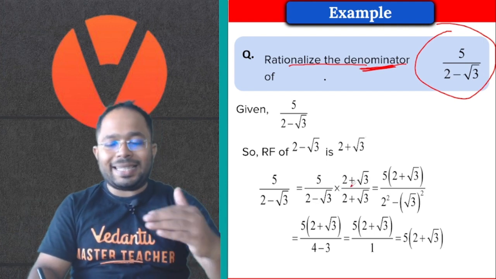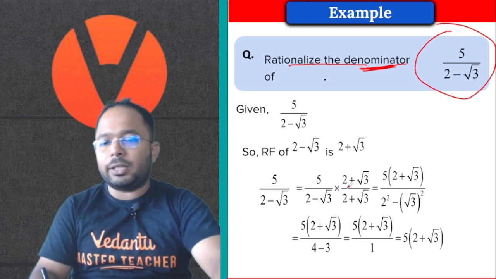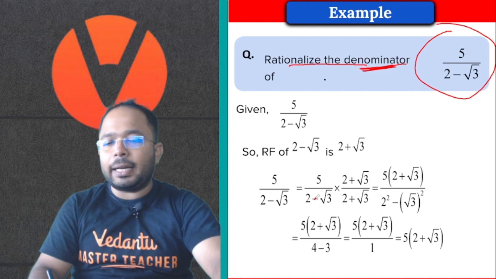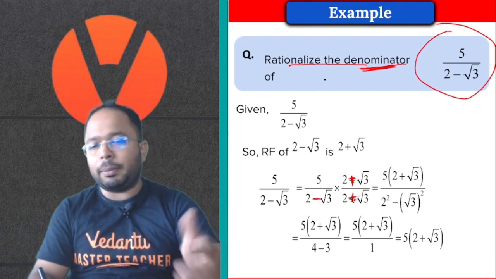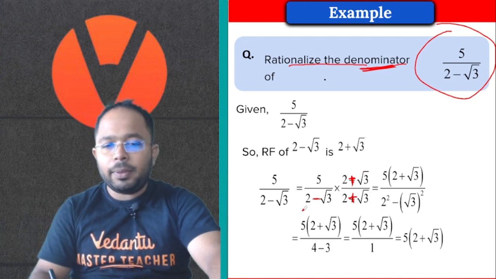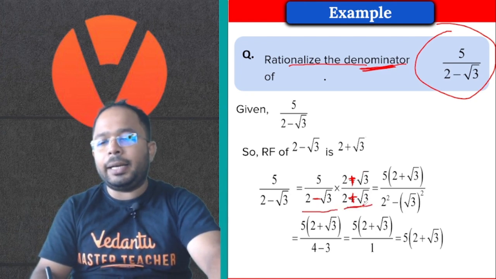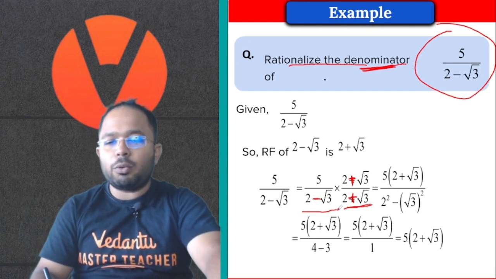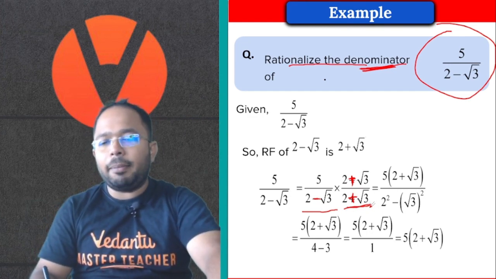5/(2 minus √3) इसको मल्टीप्लाई कर रहे हैं साइन चेंज करके। किसका साइन चेंज करेंगे, यहाँ पे नंबर है 2 प्लस √3, माइनस अगर है हमारे पास तो इसका ऑपोजिट साइन लेंगे सो दैट वी कैन यूटिलाइज द आइडेंटिटी। अब जैसे ही ऊपर नीचे मल्टीप्लाई करेंगे 2 प्लस √3 अपॉन 2 प्लस √3, वी गेट अ आइडेंटिटी हियर, जिस आइडेंटिटीज की बात कर रहे थे हम लोग। 2 minus √3 और 2 plus √3, तो ये a minus b, a plus b बन रहा है।